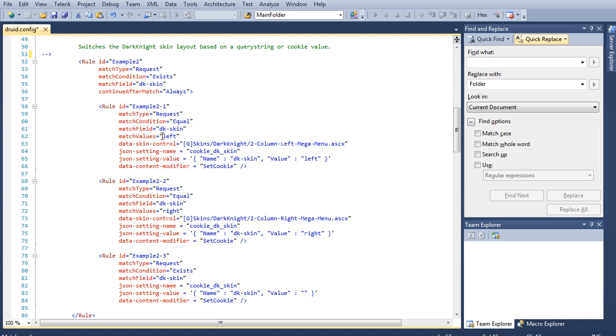It says if the match value is left, then you need to use this particular skin, and it's a 2-column left mega menu, and at the same time set a cookie with that value through a data content modifier. The next rule says if it's right, then use 2-column right mega menu, and in a similar fashion store it